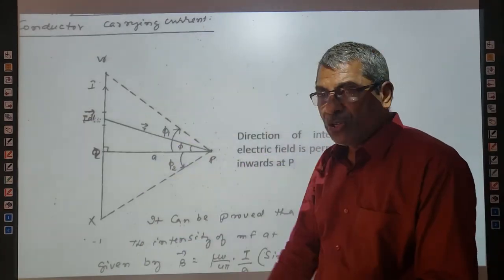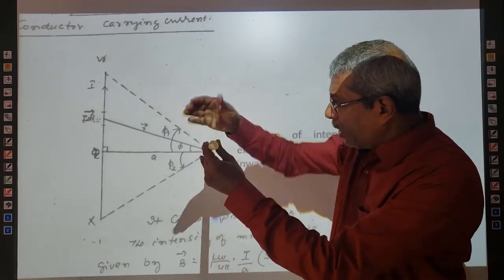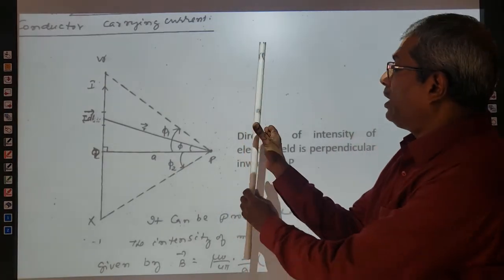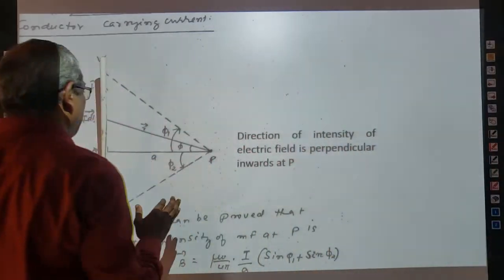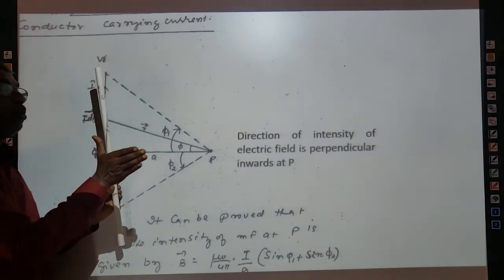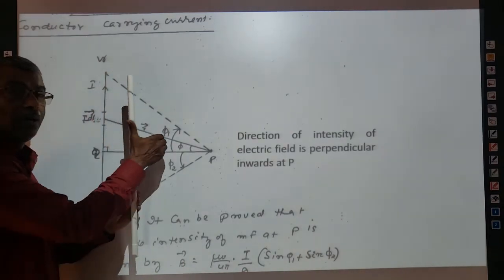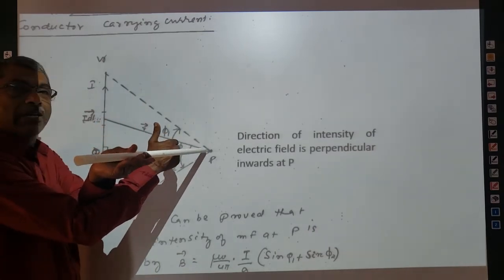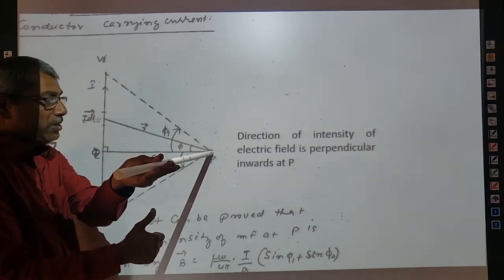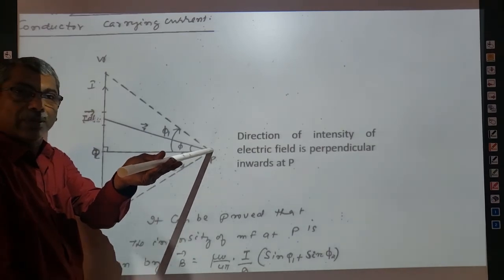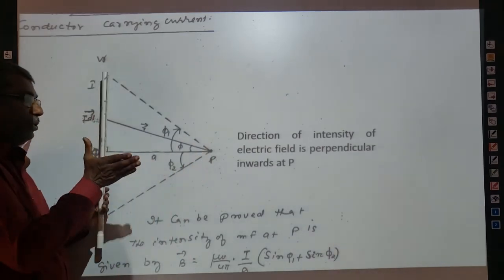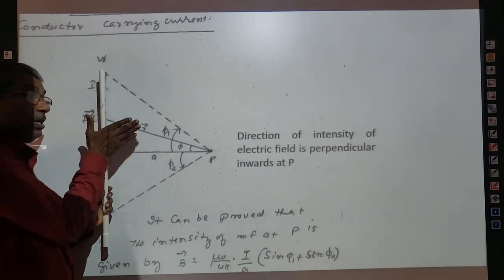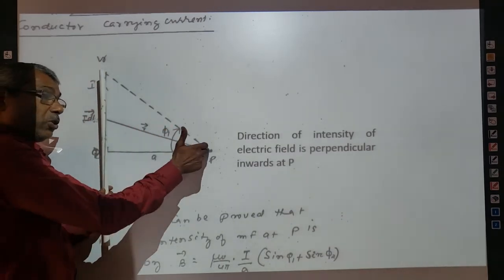If the current is in the opposite direction, then perpendicular outwards. Always remember that. Because if this is a conductor, you will hold the conductor like this only. That means the direction will always be tangential. That tangent will be perpendicular at this particular point. If you hold the conductor with your right hand such that the thumb is along the direction of the current and the curl of the fingers is passing through this point,